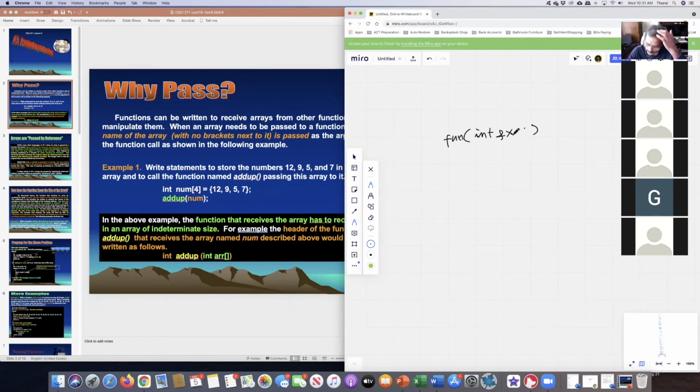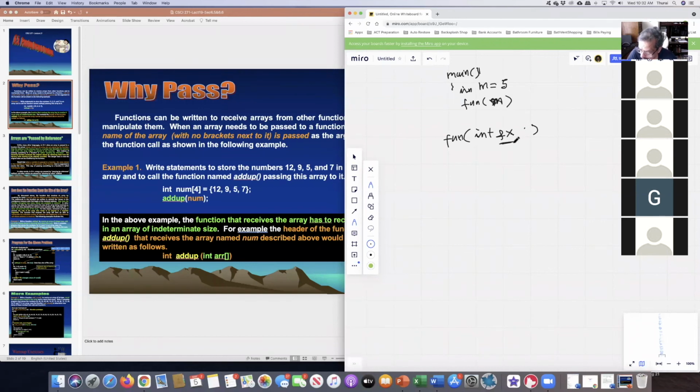And somewhere in the main program, I have int m equal to 5. And if I call function fun and pass m, that is,